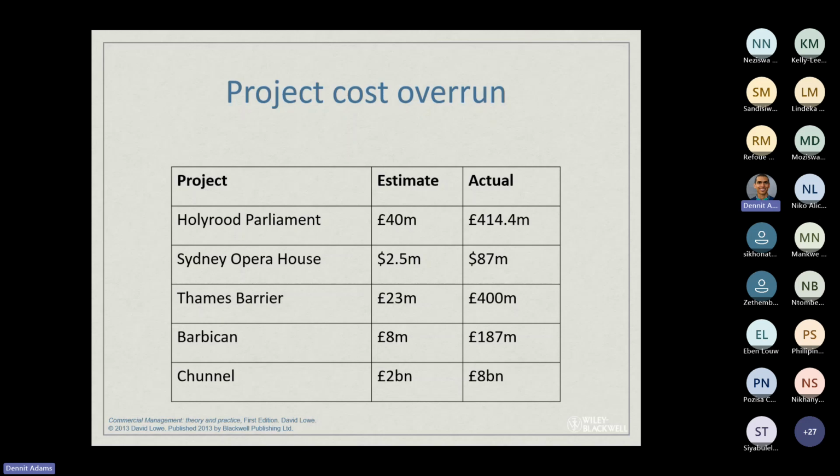And if you think about the Thames Barrier, on the river flowing through London, 23 million was the estimate, and they ended up spending 400 million pounds. Now, take 400 million pounds, and a quick multiplier is 20, right? So 400 million times 20, you're looking at 8,000 million, which is, I think, 8 billion. My math is not so good, but I think that's 8 billion rand.